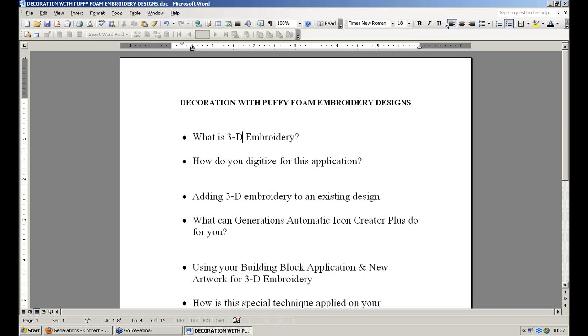Then we're going to be going through adding 3D embroidery to an existing design, like a PES file that you may have purchased or downloaded. And how do we bring those into the Generations program and then use 3D embroidery with one of those designs. That'll take us into one of the things that we want to talk about during this webinar class, which is the new Generations Automatic Icon Creator Plus program and what that program can do for you on your PC. And then we're going through using the building block application portion of your program,